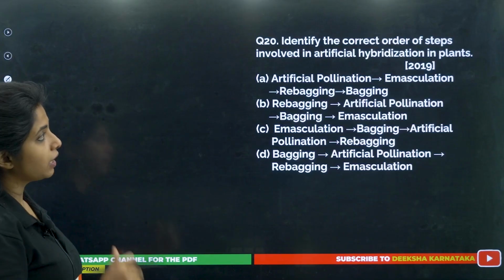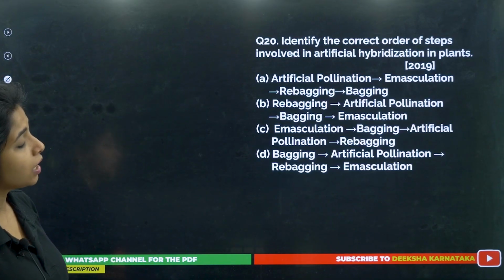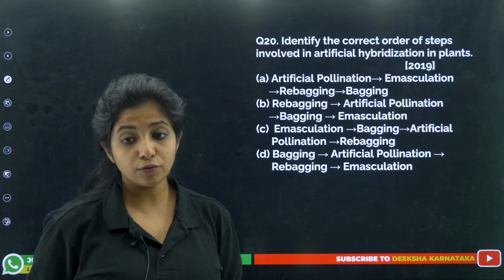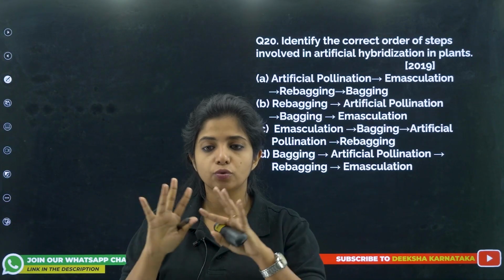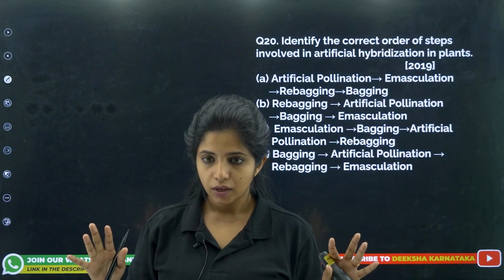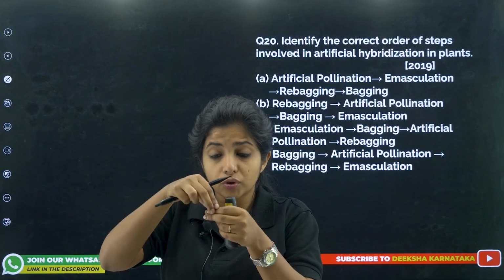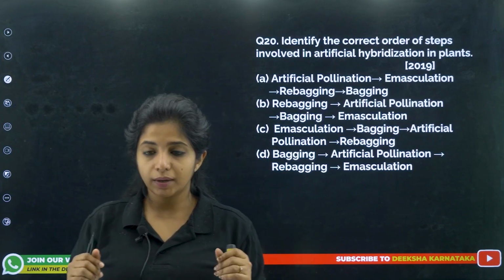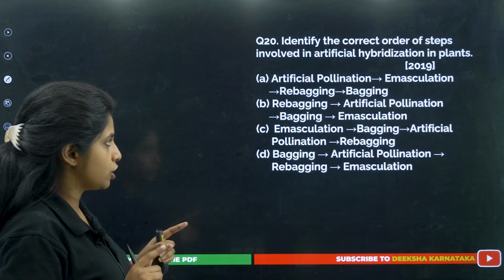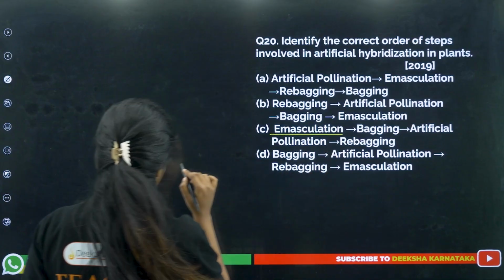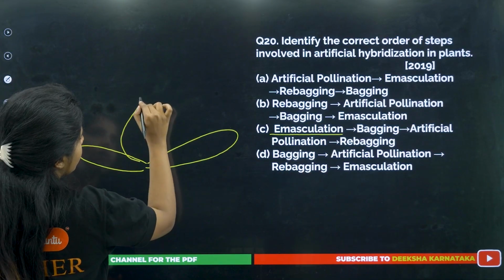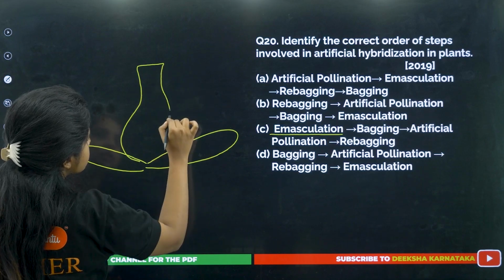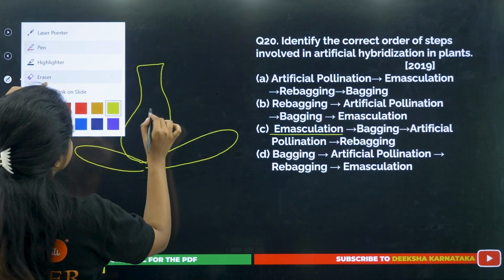Now, identify the correct order of steps involved in artificial hybridization in plants. Artificial hybridization as in, I am not allowing natural pollination to happen. I am putting my own pollen grains, the pollen grains I want over there. So first thing that I do is emasculation. Suppose this is the flower, and I have the stigma, style, and the